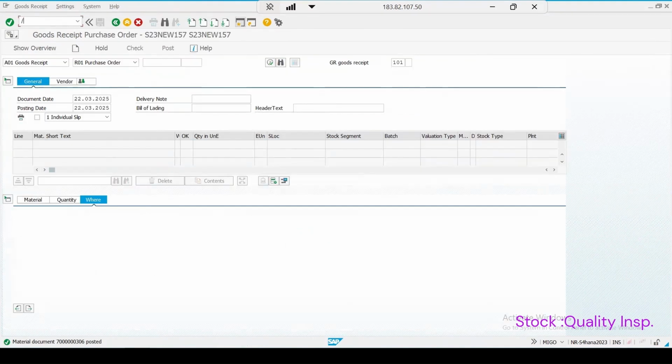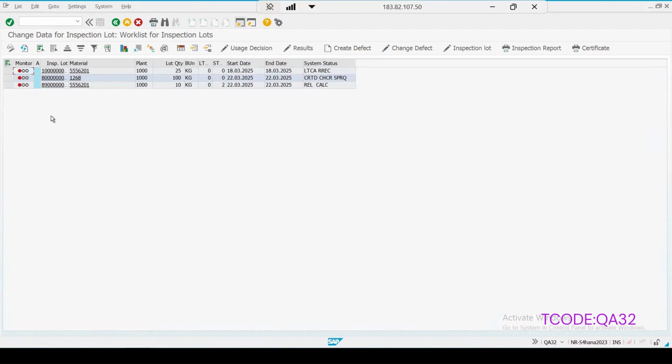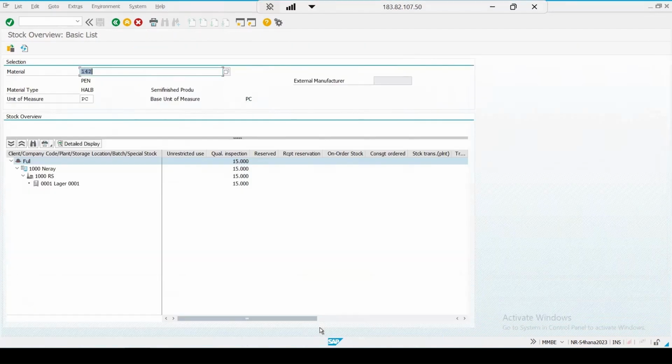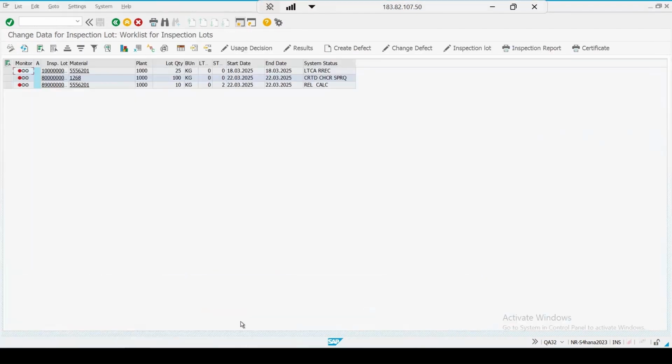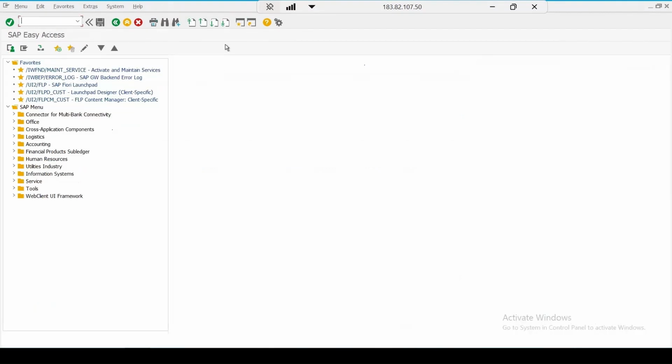Okay, and if we check the QA32 report and execute it, at present there is no lot with the material 142, as we haven't activated any inspection type for that material. Now I can't clear the stock till I do the usage decision for this. How will we be able to clear this stock? Let's check that. Go to the